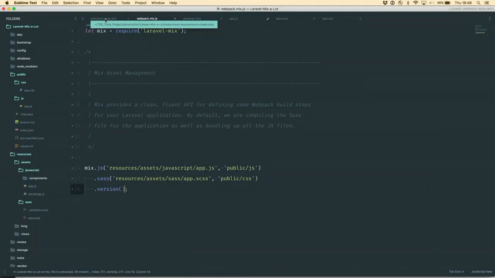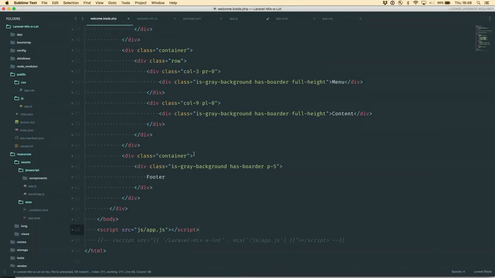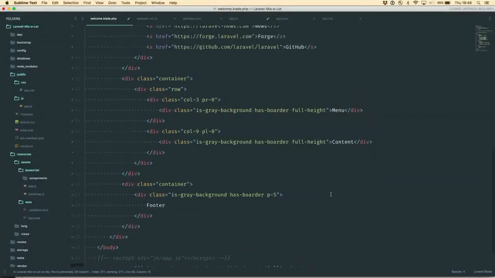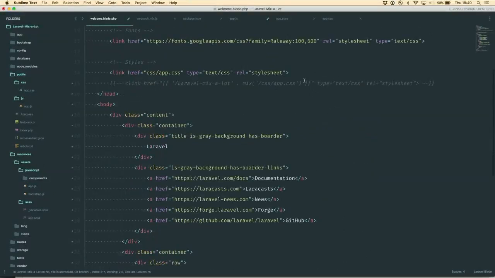So your mix file can become quite large, but it still makes it very easy. And then Laravel provides a nice little method that will add the cache ID to it. If we just comment out these two lines,